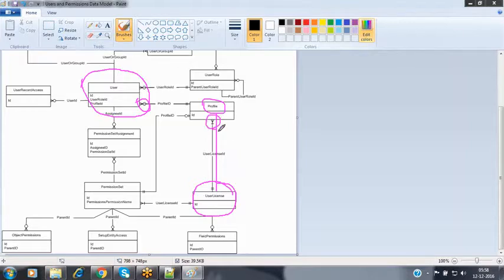Now every user will be associated with a role. One role can be assigned to multiple users, but every user should be associated with only one role.